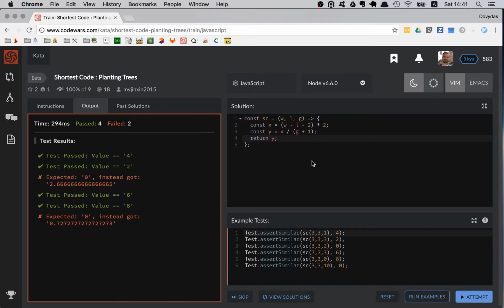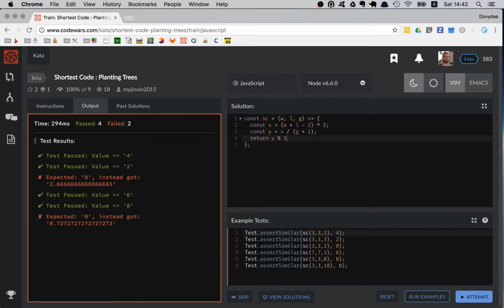0.727272. So what you noticed, probably at least I noticed, is that an indication that it's not symmetrical is given if it's not a whole number, like if it's not an integer, if it's a real number, then that means it's not symmetrical. So if it has decimal numbers, if it's not equally divisible by that g plus 1. Okay, so to check that, in a rather easy way, I'm returning y